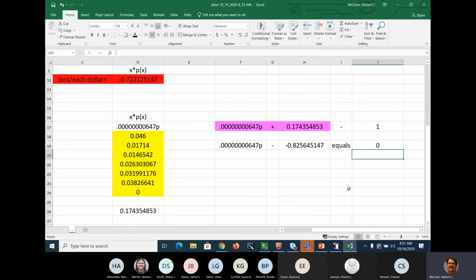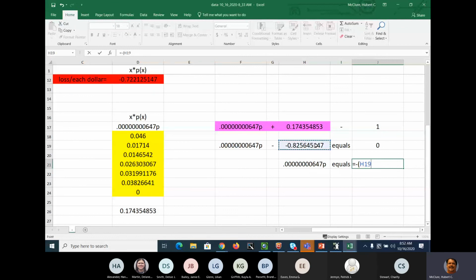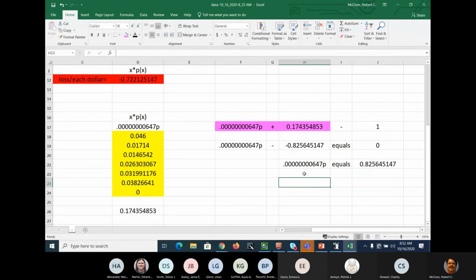All right, so anyway, now I'm going to bring this over. And that's going to give me this number is equal to, and that's going to be, let's see if I can do this, equals negative parentheses this number. That should be a positive. And then I'm going to divide. We'll divide by that big number right there. So P is equal to,